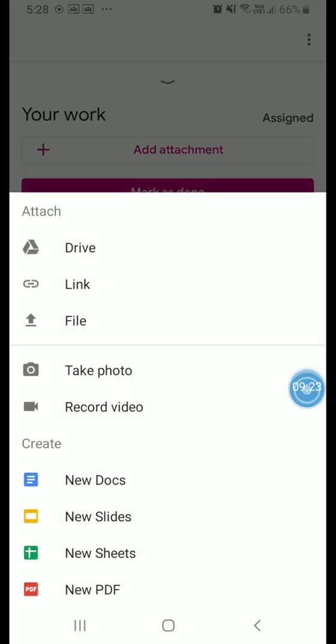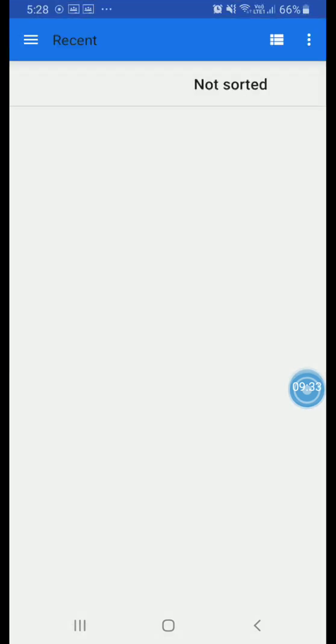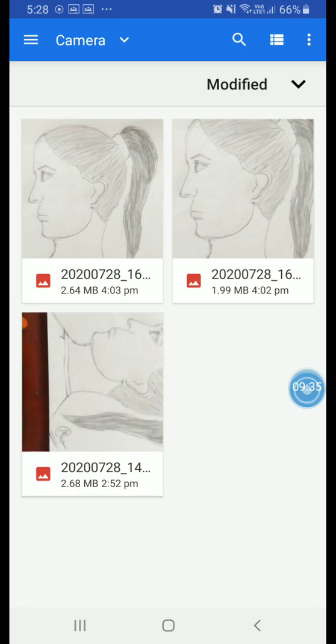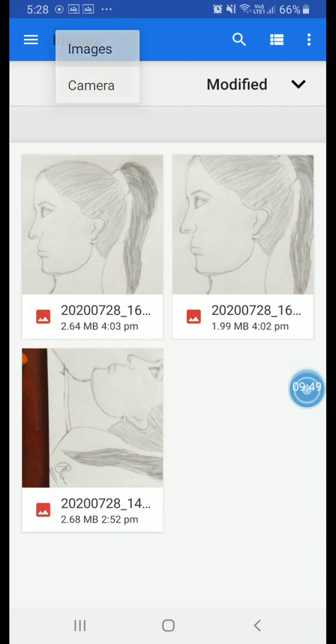If that is saved in your file or in your drive, you can see it is showing you the options drive, link or file. So if you have taken a photo of that, it will go in your file. So it will show you different files. Suppose for example, here there is a section of camera. Okay, so in camera, I'll go to images.